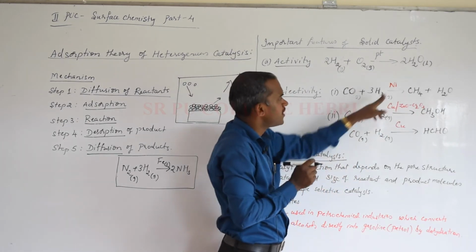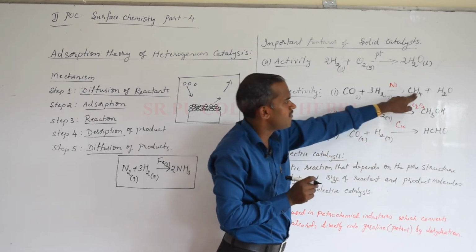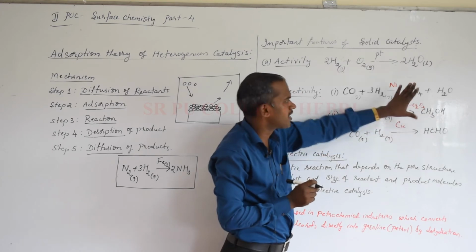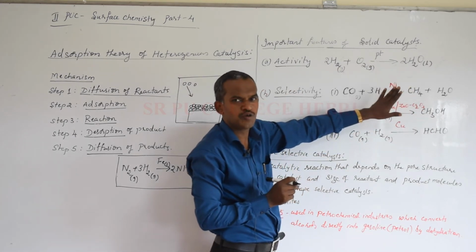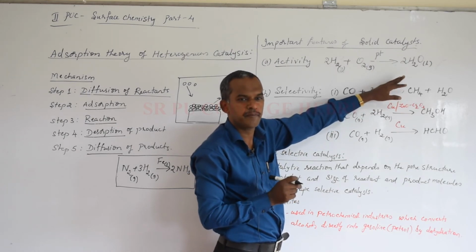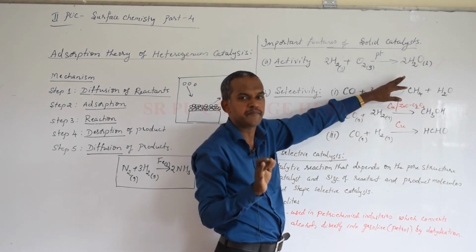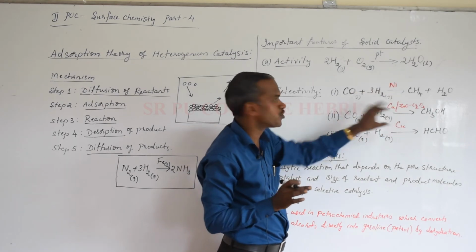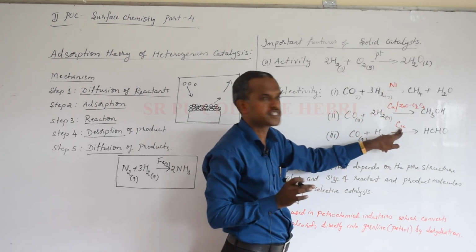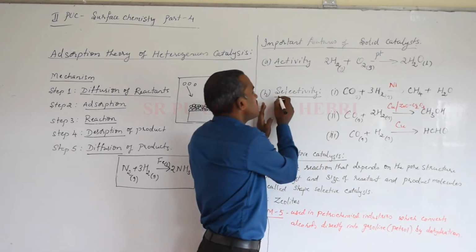Okay, so that means the substance you added as a catalyst will make the difference in the reaction. I can give a very simple example. From rice alone you can prepare so many items depending on what you add. You can prepare veg biryani, egg biryani, chicken biryani, anything depending on what else you add. So the reactant was almost similar, but I changed the catalyst, and accordingly the product also changed. Okay, so that is where selectivity comes in.